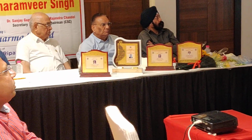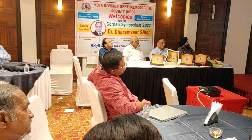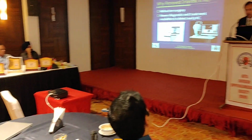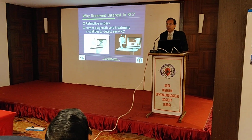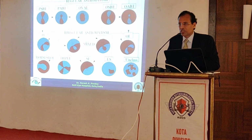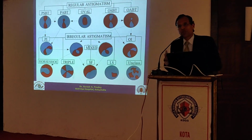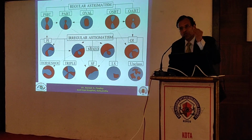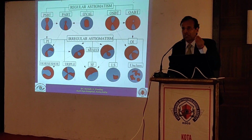The question comes, why is there a renewed interest in keratoconus? First, because refractive surgery in India is scaling up, and with the availability of newer diagnostic and treatment modalities, now more and more cases are being picked up. With the improved corneal topography system, which can pick up the regular and irregular astigmatism very quickly, it is possible to diagnose keratoconus in early stage, what is known